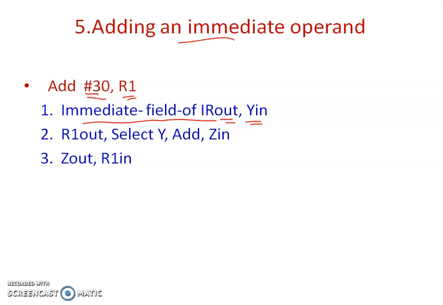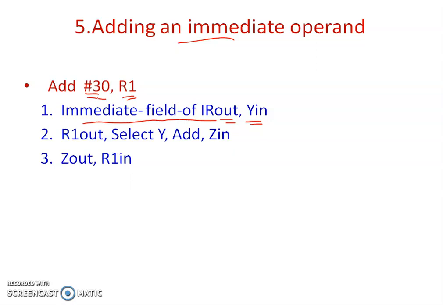In previous slides we have learned that for any instruction to execute, first you need to fetch that instruction from the memory, place it into the MDR, and then it will be placed into the IR register. The PC value will be updated. Then this IR gets decoded. So the instruction register will be decoded.